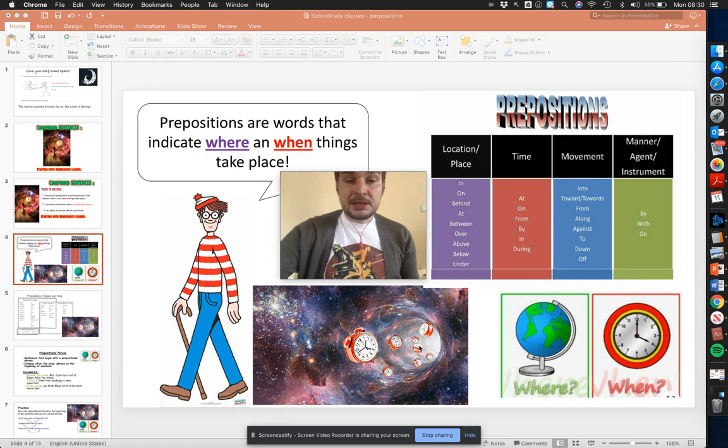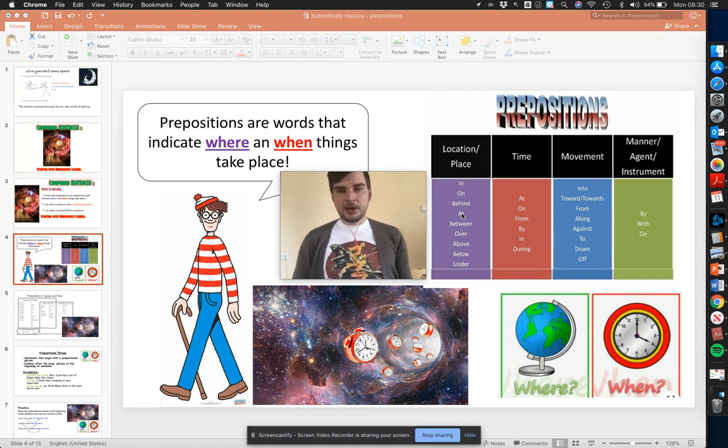Prepositions are words that describe where and when things take place. And there are such words as in, on, behind, at, between, over, above, under. In the red section is when,